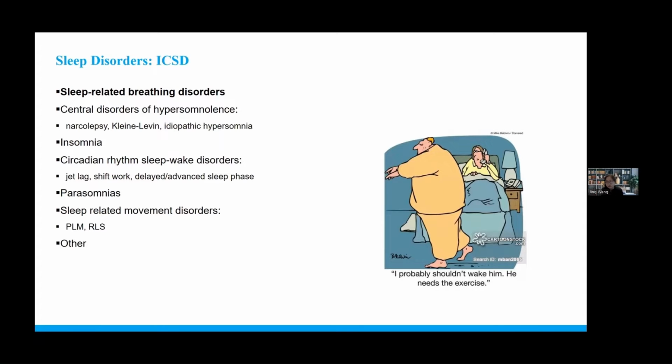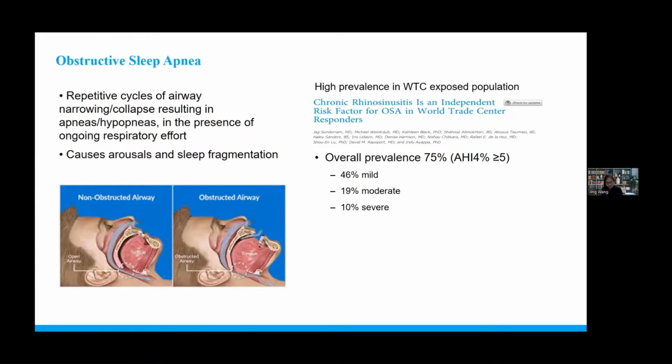Just a really brief overview, as everyone is probably already familiar: OSA, or obstructive sleep apnea, falls under the category of sleep-related breathing disorders. The others in this category include sleep-related hypoventilation and hypoxemia, as well as central sleep apnea and Cheyne-Stokes. Even though this is a very large group of sleep disorders, there are several other types of sleep disorders that may coexist in individuals, and I just listed them out as they're categorized in the ICSD, the International Classification of Sleep Disorders. So like our DSM-4.